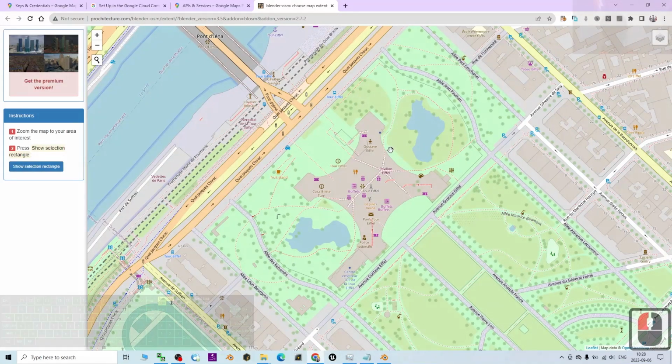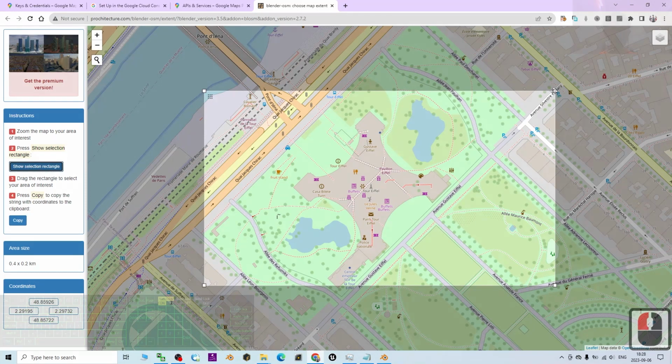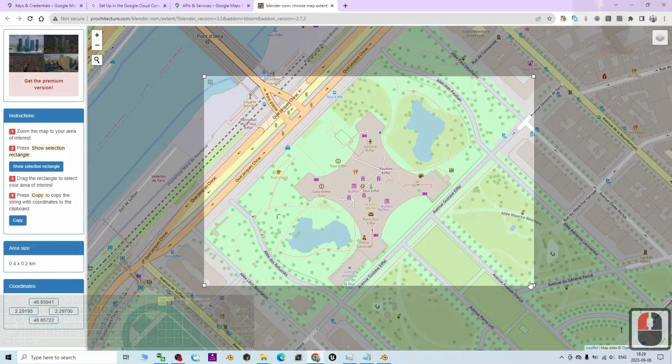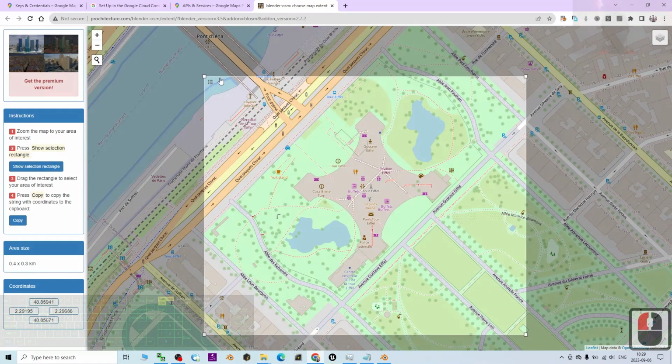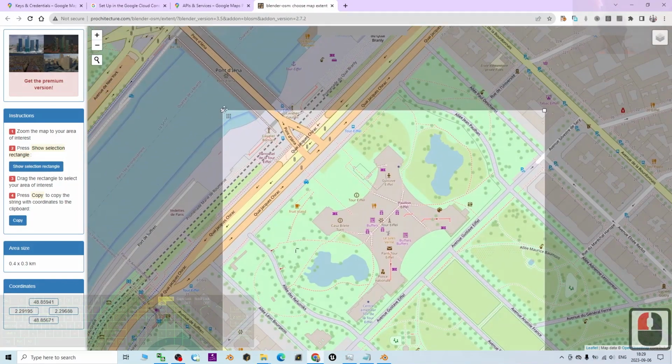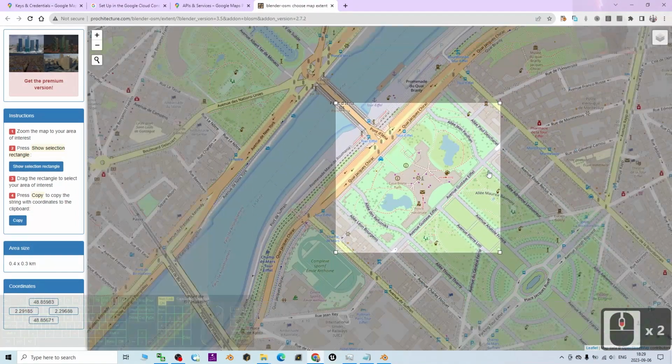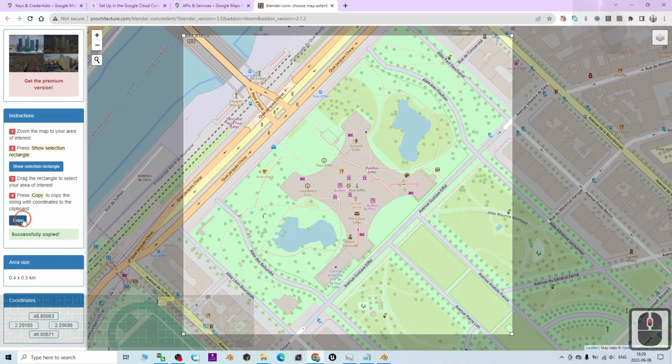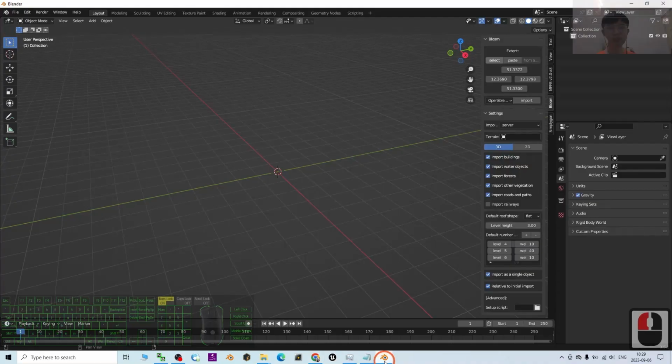Once done with the selections, next click show selection rectangle, and here you can reselect it again. I just want the Eiffel Tower and the surrounding. I want this bridge as well. So once done this step, just click copy, and then back to your Blender 3.5. Here click paste. Once you paste already,